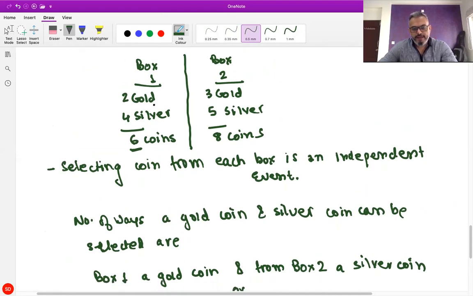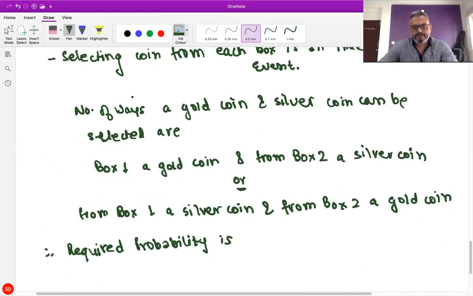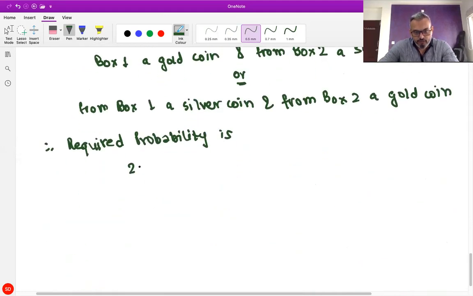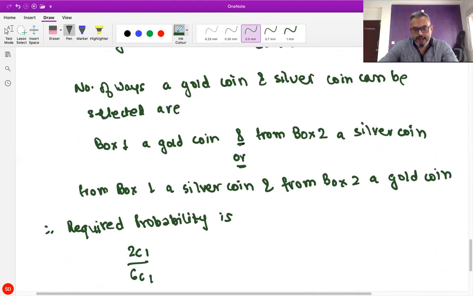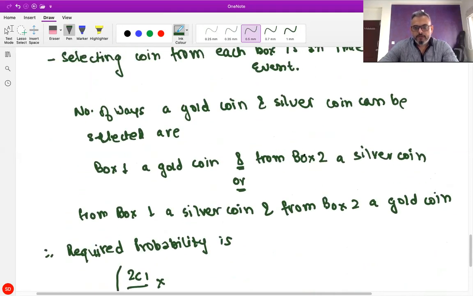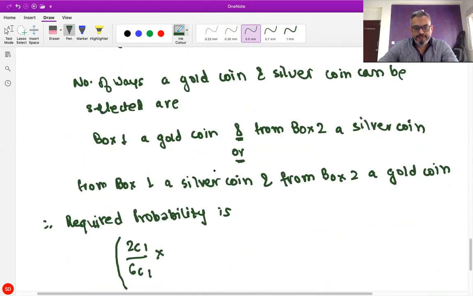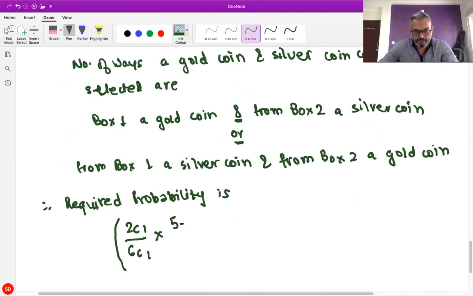बॉक्स वन में से एक कॉइन जो सिलेक्ट किया वो गोल्ड कॉइन है, तो टोटल 6 में से एक सिलेक्ट किया, सो 2C1 अपॉन 6C1 एंड, तो मल्टीप्लाई करेंगे। बॉक्स 2 में से सिल्वर कॉइन, तो इसमें 5 कॉइन है, 8 में से 5 सिल्वर कॉइन है, तो 5C1 अपॉन 8C1, और है तो प्लस।